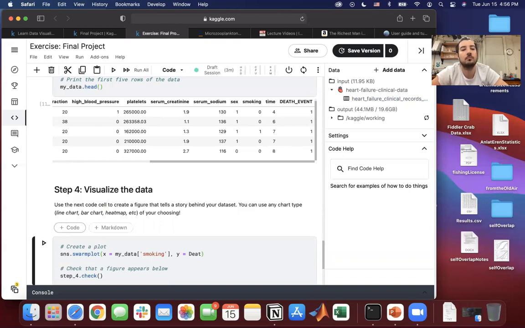Instead, let's do death event and then do my data, serum sodium, and then do